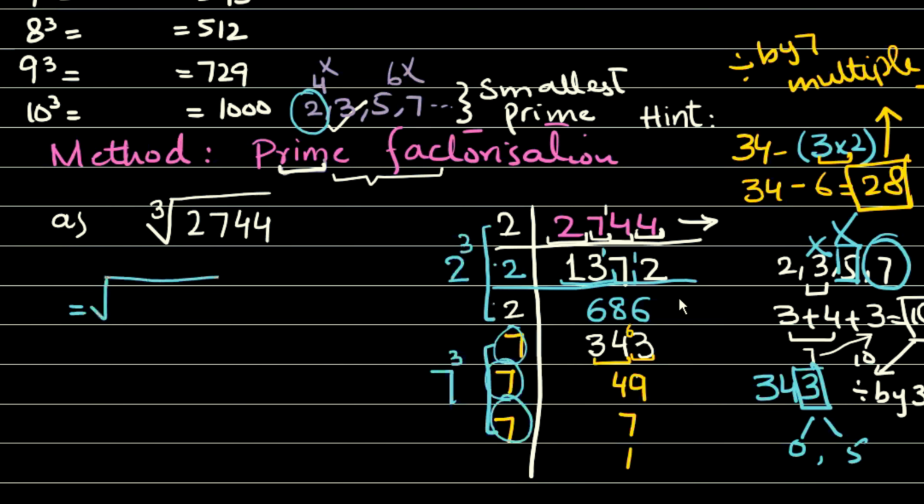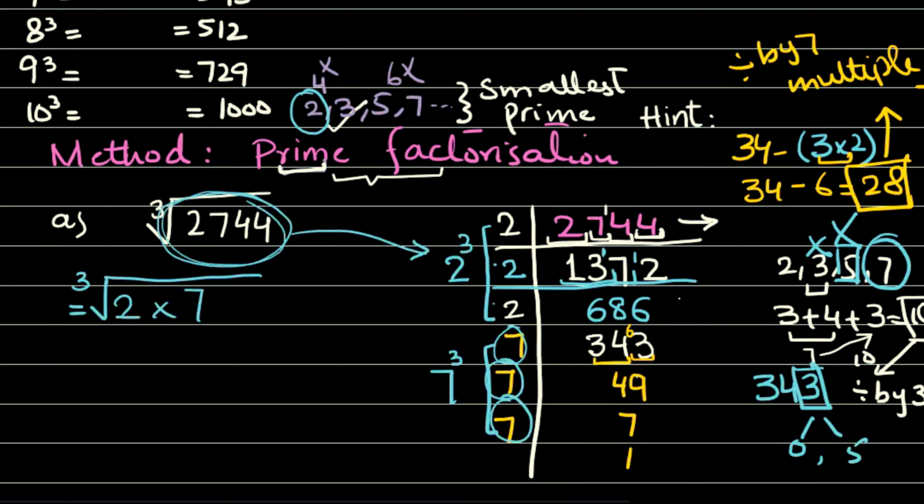Okay. So what will I do? Now I will just shift this number, this 2744, into its prime factors. तो इसके prime factors हैं 2 raised to power 3 into 7 raised to power 3. Okay. Remember one thing, अब power में ये आ गया, 2 भी आ गया, 7 भी आ गया. तो I cannot cancel the square root with this power in this way. No, it is a wrong way. What you need to do, you have to make a single part of this number. आप इस number की single part बनाओगे.